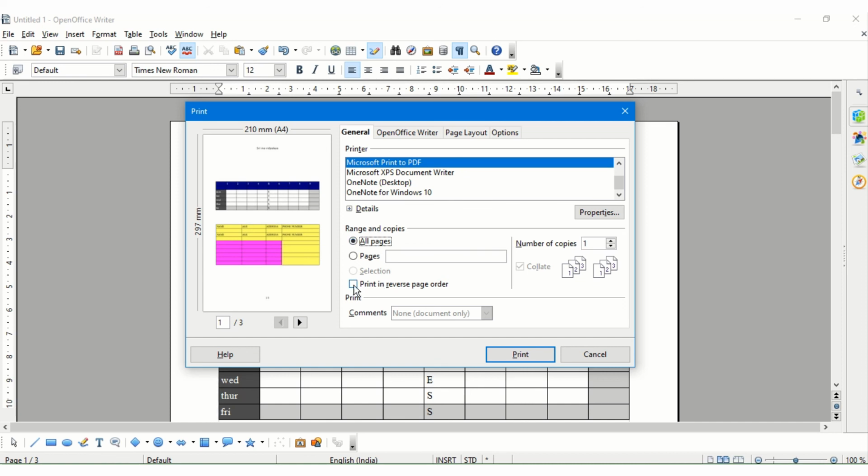Now Print in reverse order means it will print the pages in the reverse page order. This is the checkbox for that. Now number of copies. By default only one copy of the entire document gets printed, but suppose you want to circulate this document among 15 people or 20 people, then you can just set the number of copies and automatically that many copies of the same document get printed. Once all the settings are done, you can simply click on the Print button and the document gets printed. Either it gets saved in PDF form, or you can directly give the output to the printer. So these are basically the options for printing a document.